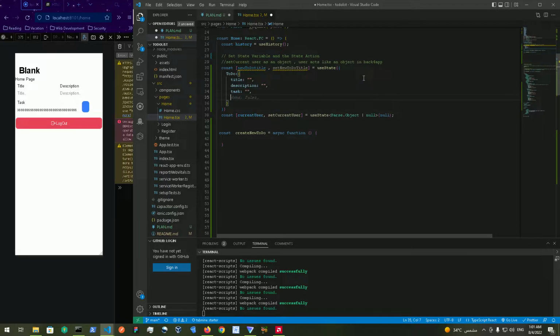What else do you want to add? We also want to add a created at property. We could make it time created, for example,